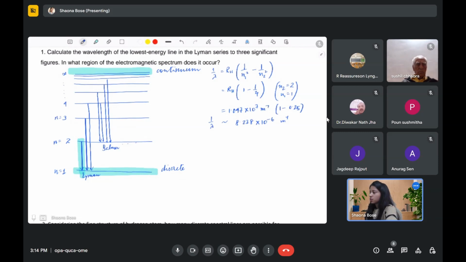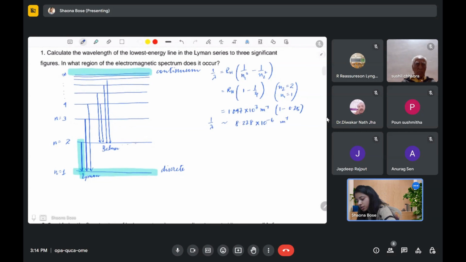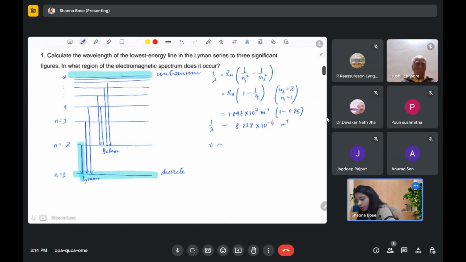So now, how will you get the energy? We have frequency. This is it, right? Okay, just invert this and you'll get something around 122 nanometers. So if you have got something around this, then it's perfectly all right. And as you can see, this is in the UV region